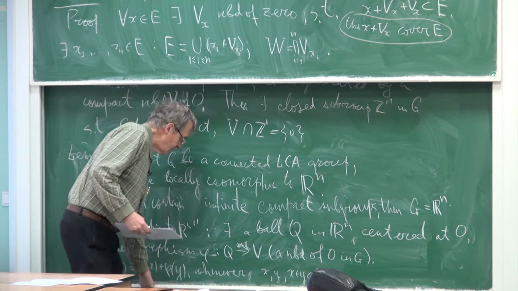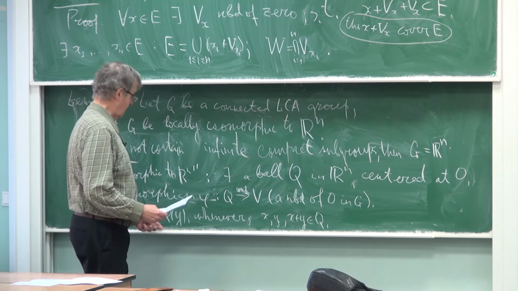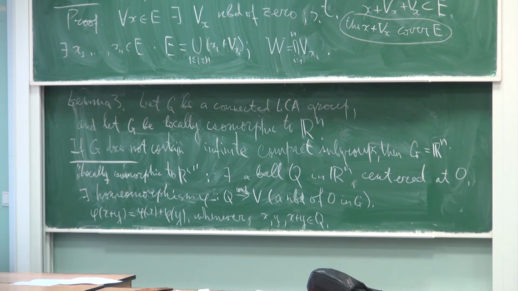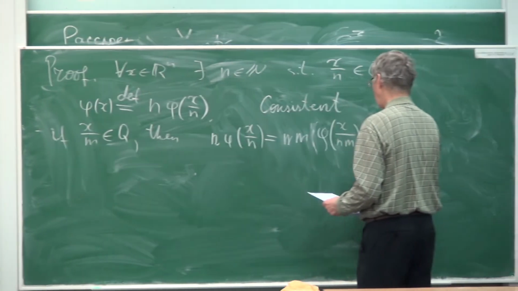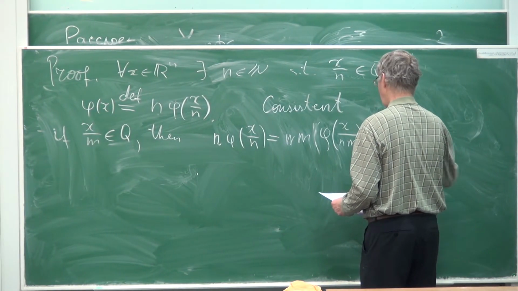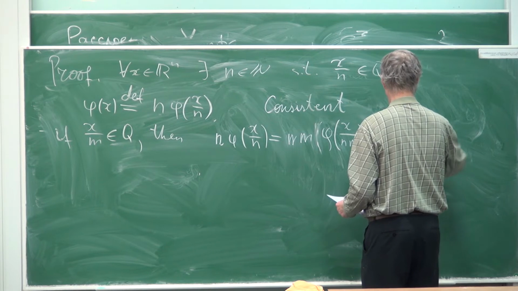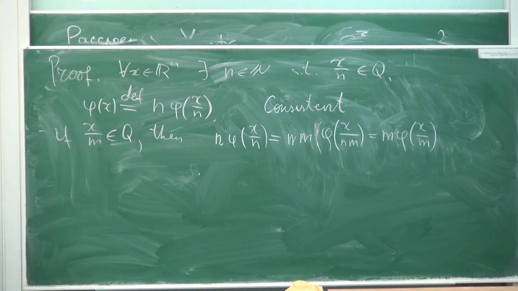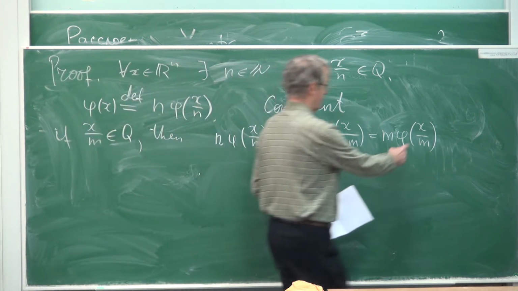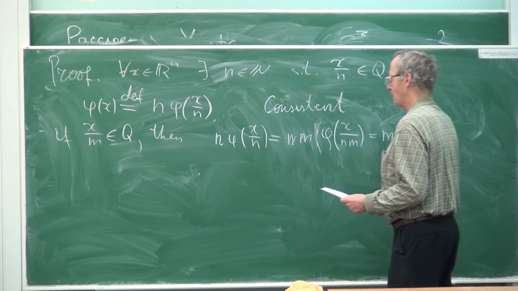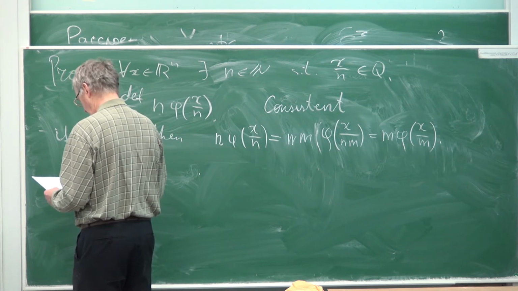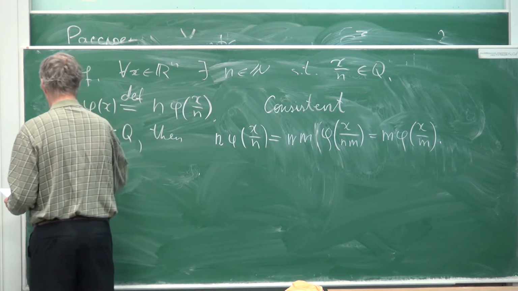Here it is. This additivity relation applies, and so we can write this formula, and after that we use it in a different order. Simply this is equal to m phi of x over m, again by this additivity, this time applied to this element x over m. So this is really consistent,